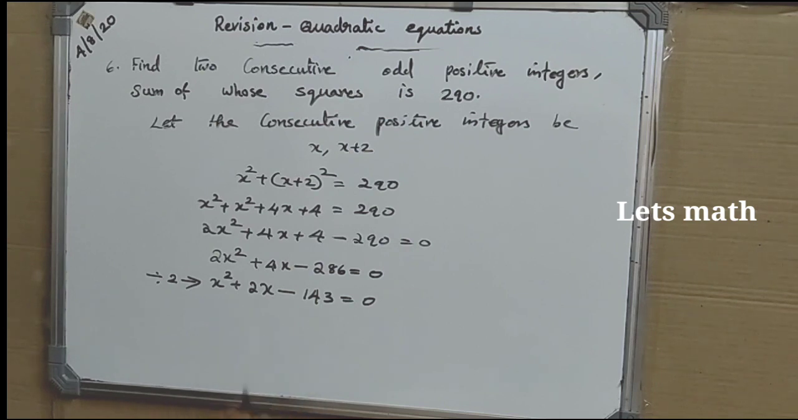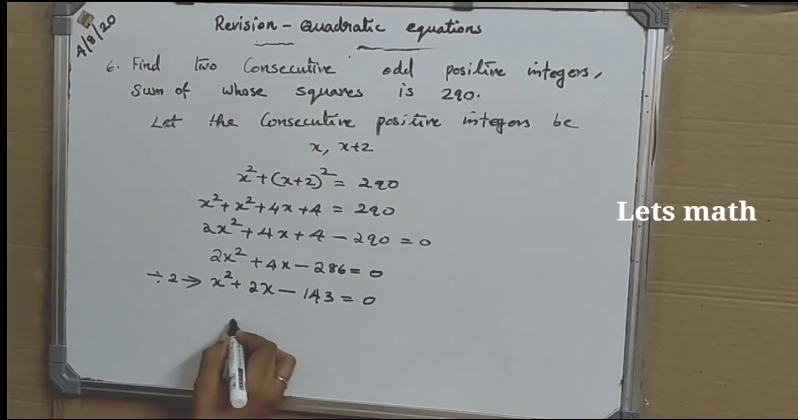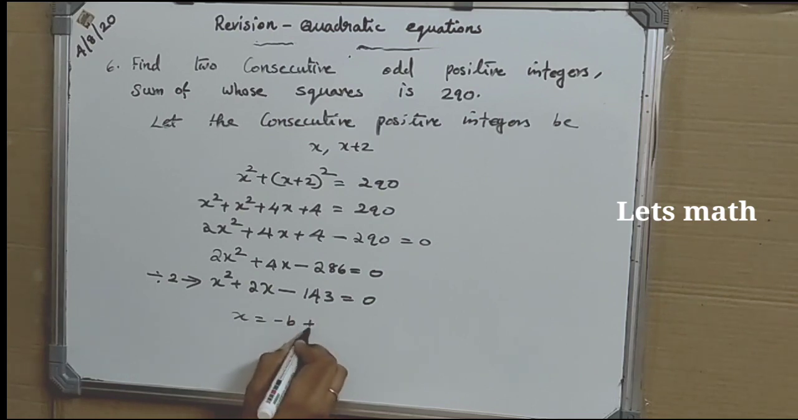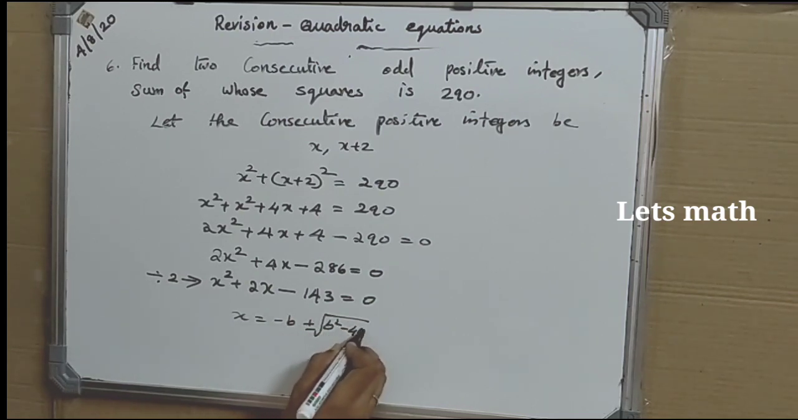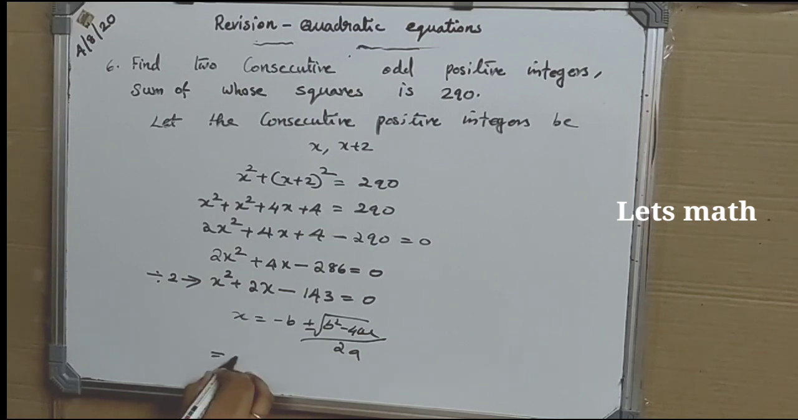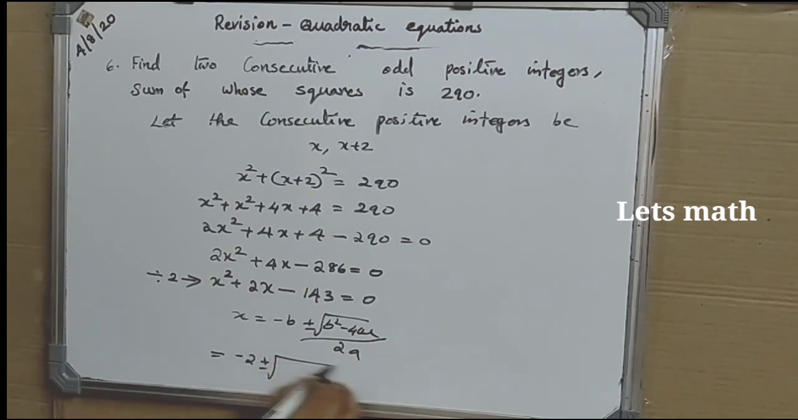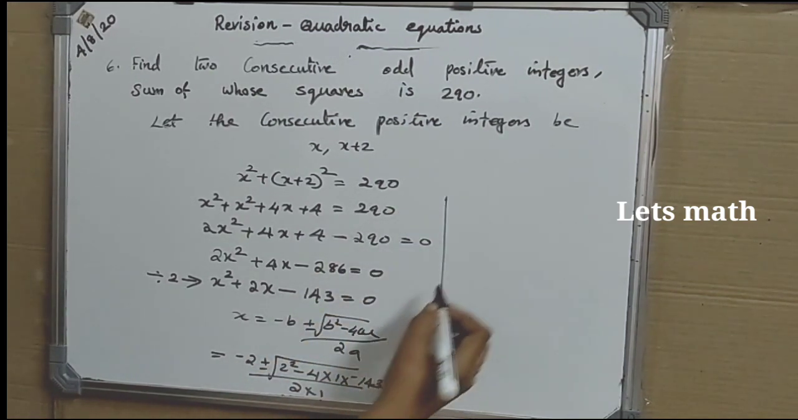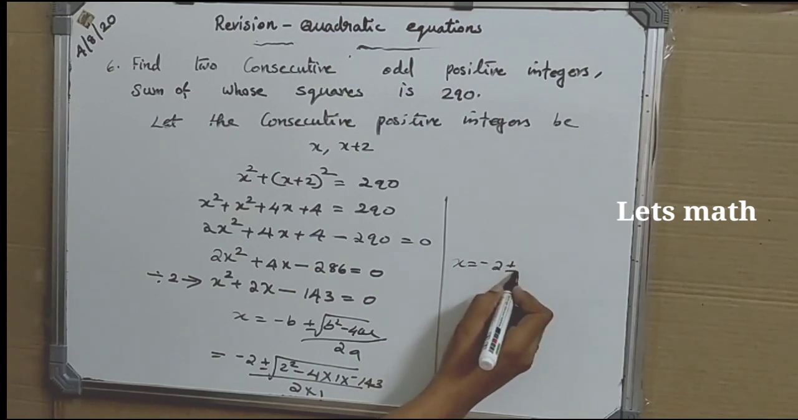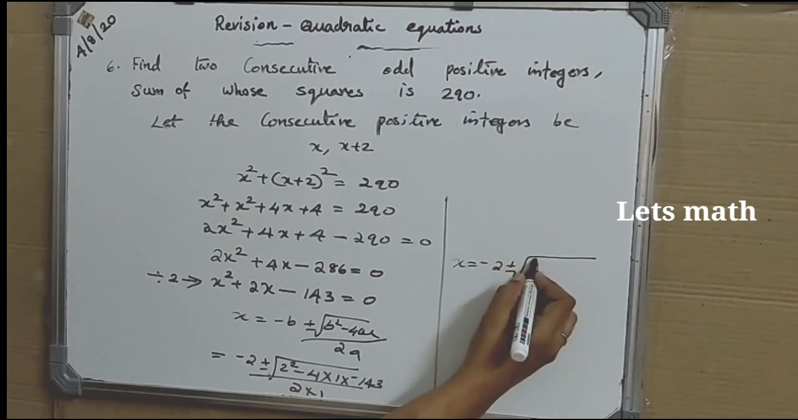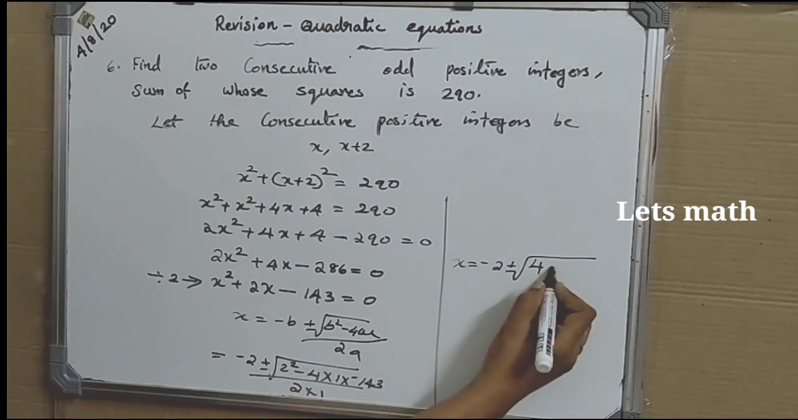Now solve using the quadratic equation formula, or you can use the splitting of the middle term factorization method. Now we use the quadratic formula. We have x equal to negative b plus or minus root of b square minus 4ac by 2a. So negative 2 plus or minus root of 2 square minus 4 into 1 into minus 143 by 2 into 1. So x equal to negative 2 plus or minus root of 2 square is 4, minus into minus plus